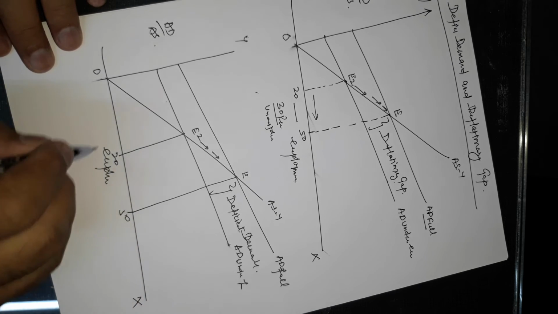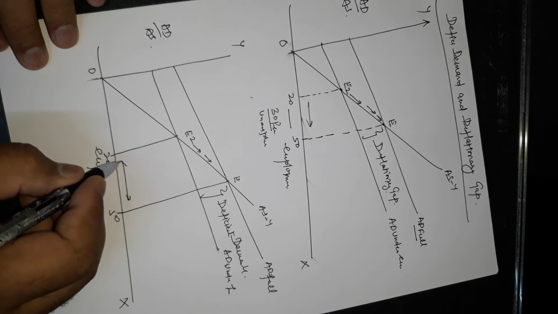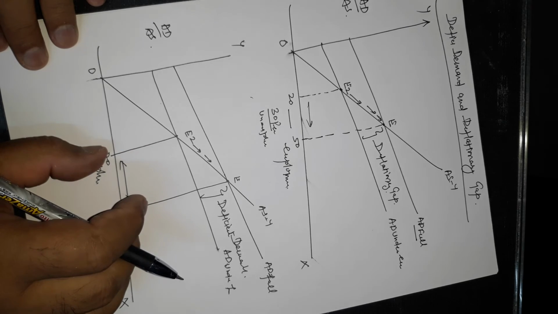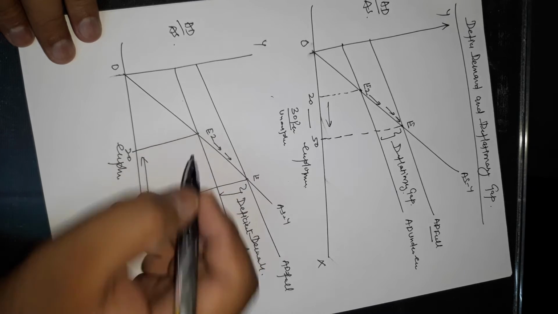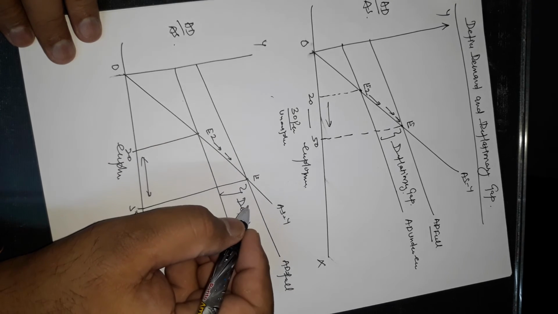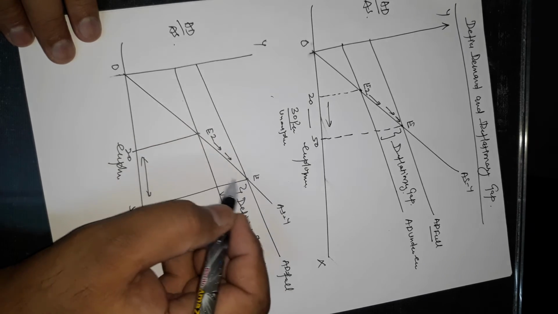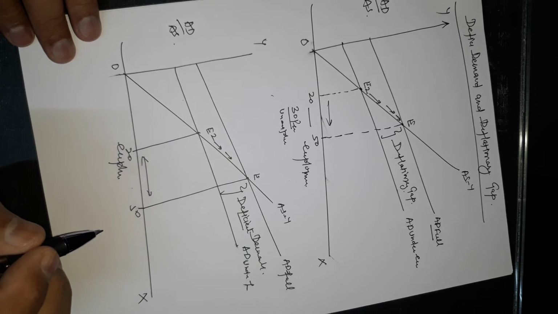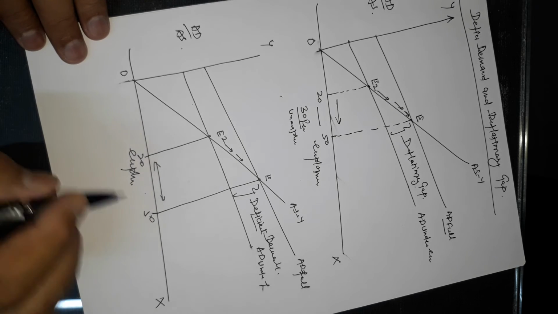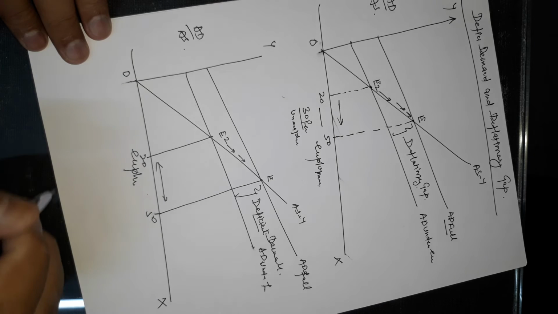On the OX axis, OY axis, here we take the employment. So this particular gap is the underemployment situation when there is an increase in demand. So we apply more and more labor and increase the supply. So we cover the deficit demand, because demand is deficit, when we increase the supply because we have surplus labor. So separately we define what is the deficit demand and the deflationary gap, because